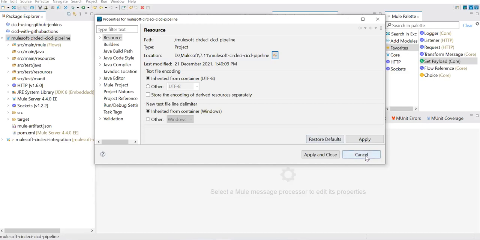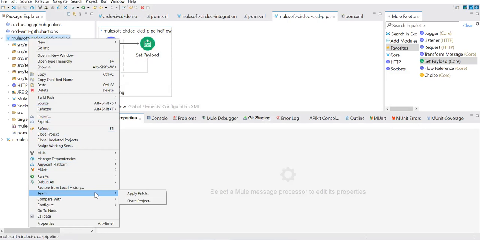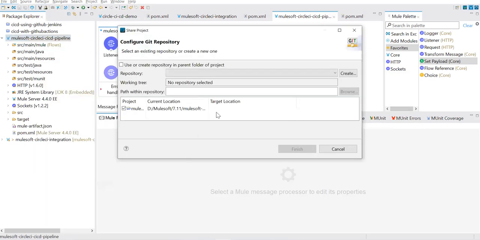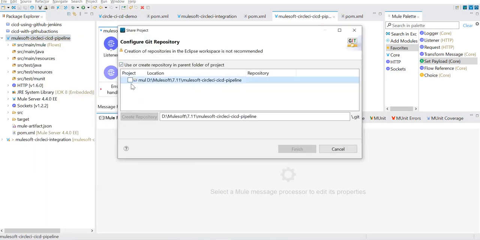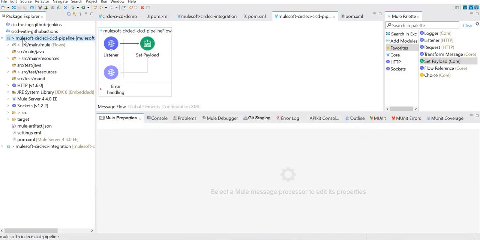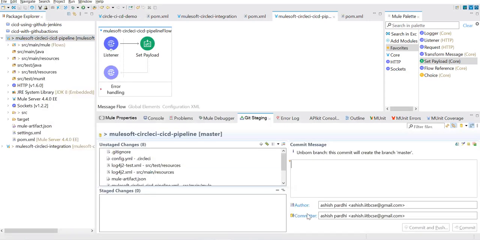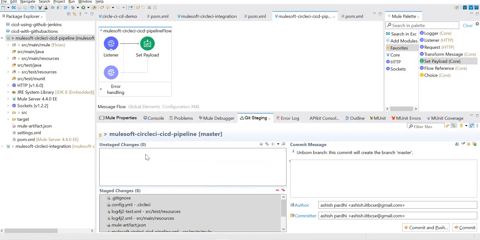We know how to check in the code, right? So again, go to Team here and say share project. You can say create local repository first, then finish. Now go again to Team, say commit. Here all those files, and this is the first commit.